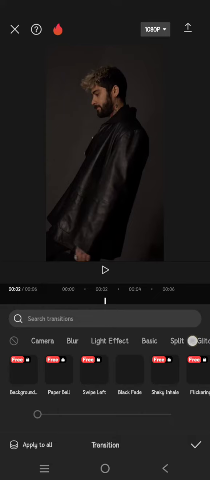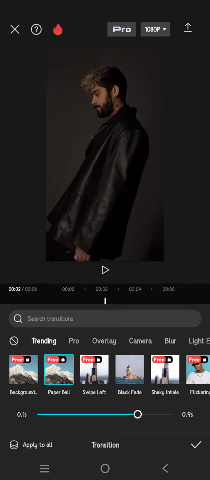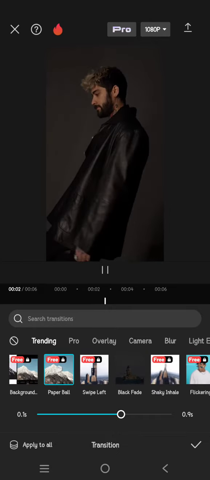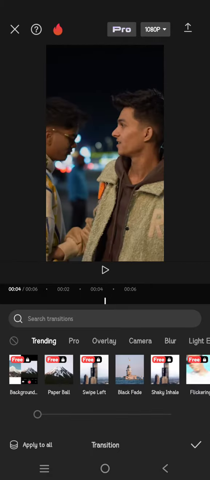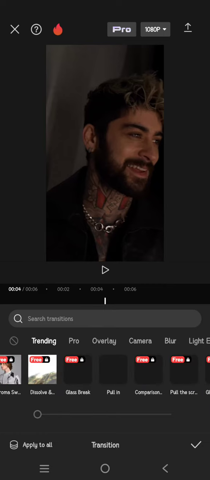Here there are lots of options and category that you can select for your edits. You can choose the same transition effect for all of your edits, or you can also use a different transition. So let's say I want to use a paper ball transition for the first and second clip. Click on the check icon, and here click on the transition box again and select the other transitions that